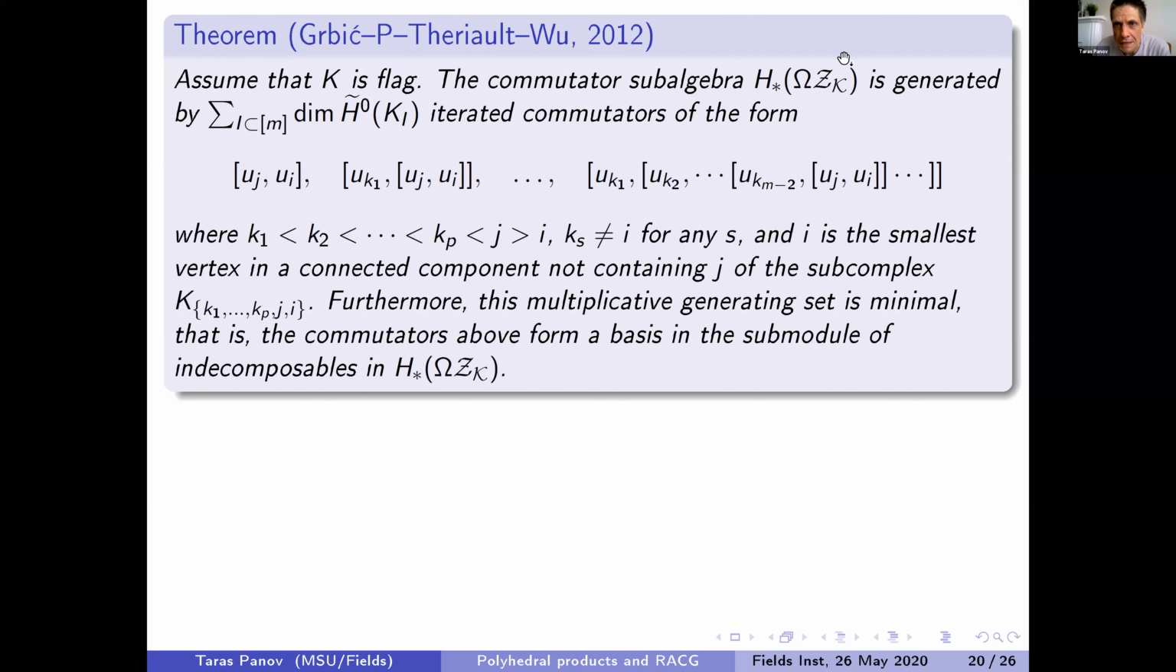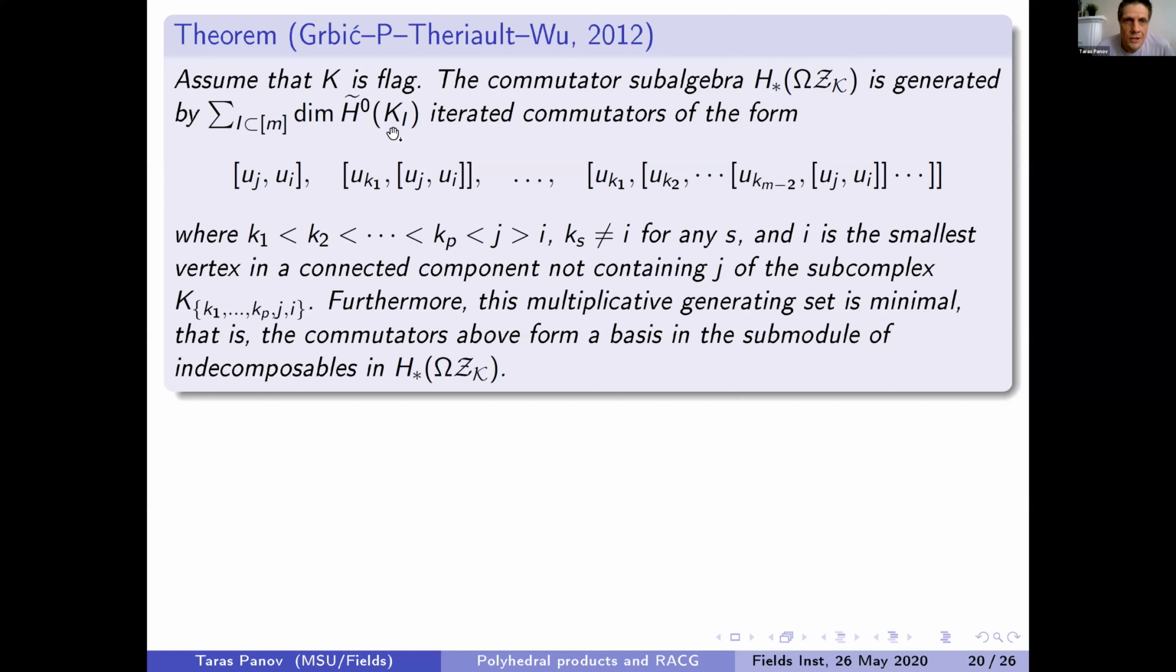In particular, in those cases when this happens to be free, and that's quite a wide family of simplicial complexes for which ZK, the moment angle complex, is a wedge of spheres, you get a minimal basis for the free associative algebra. But in general, it's just a minimal generator set. So you have like,